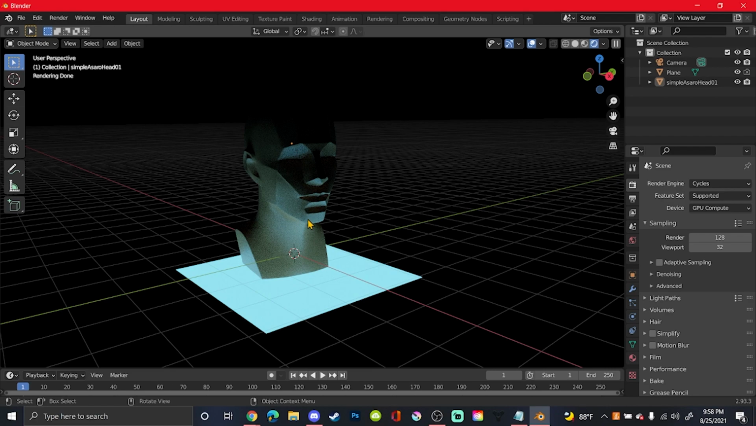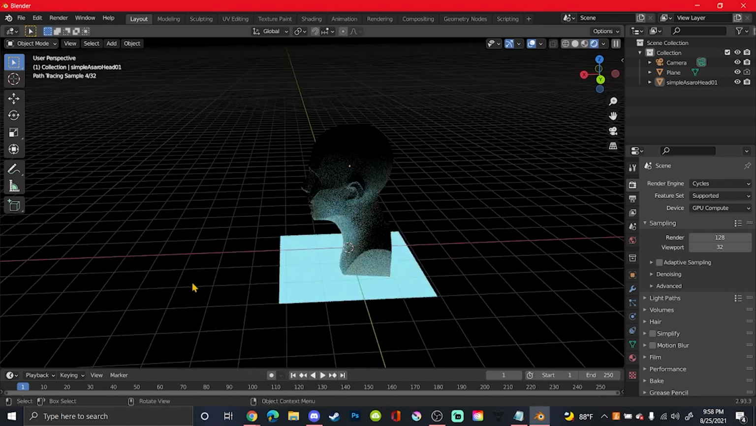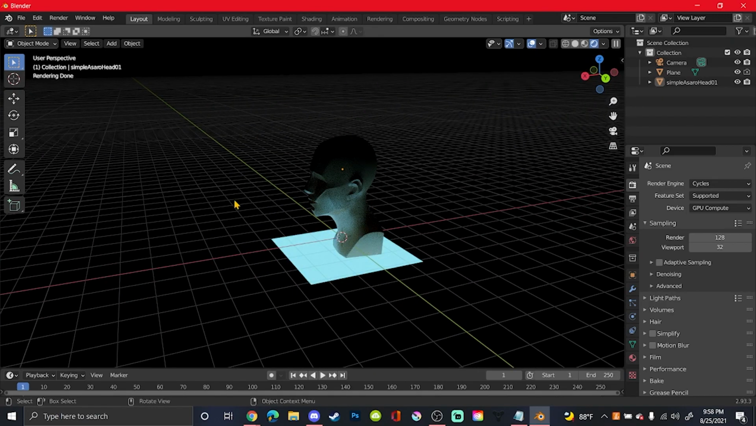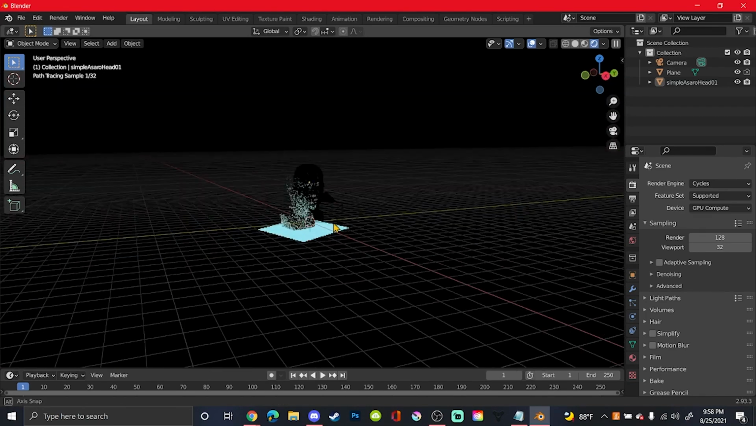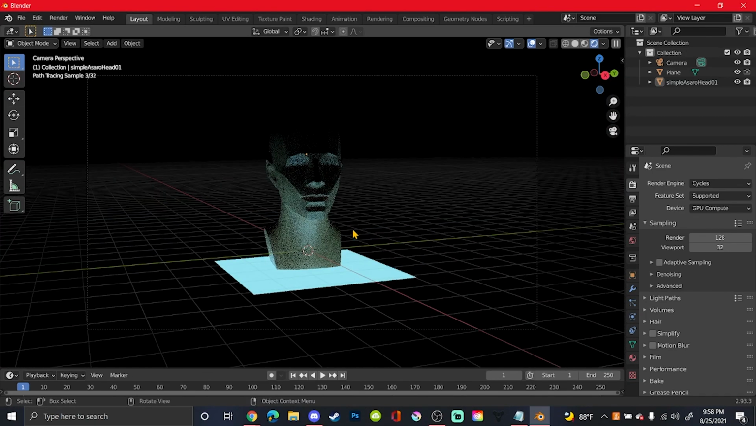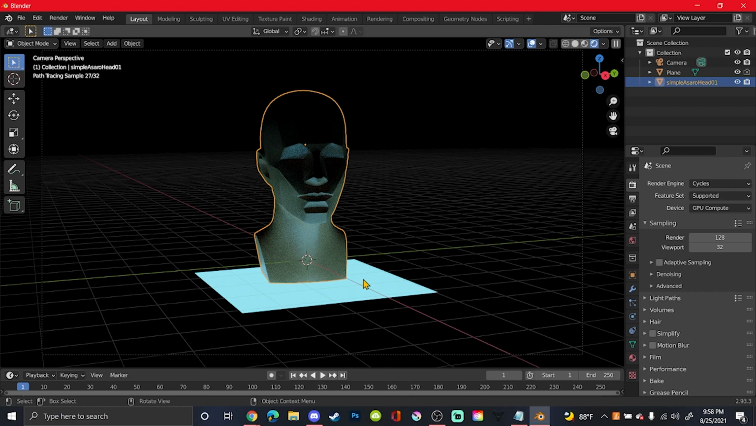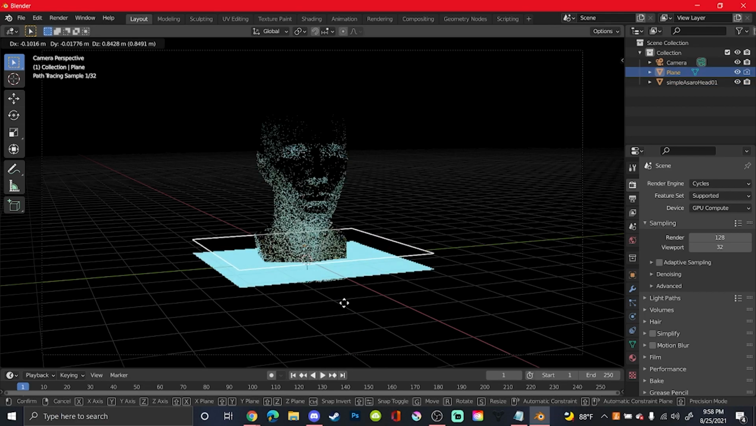But yes, it is still noisy because this is not a fully rendered thing. There's a way to denoise it through Blender, but I don't typically do it. I usually use Photoshop for that. So now that this is set, I'm going to move this back up,